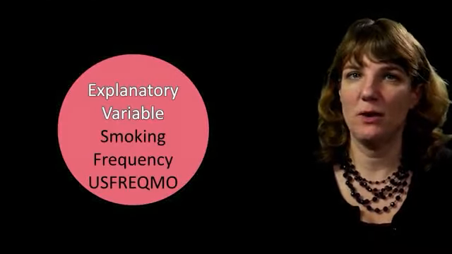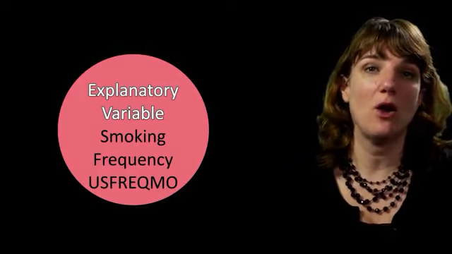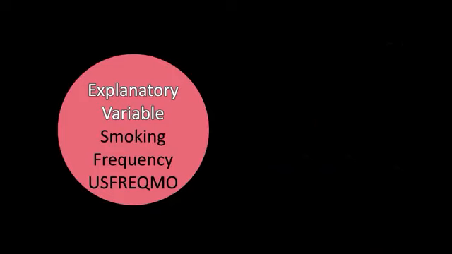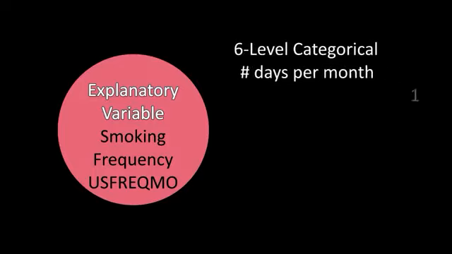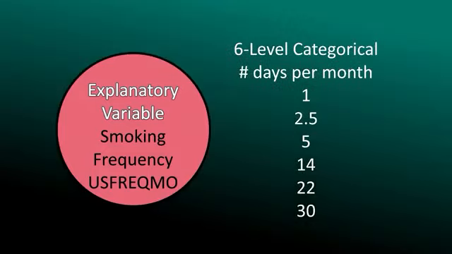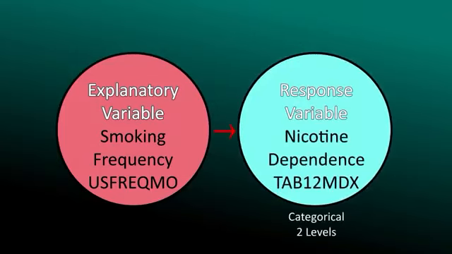For this analysis, I'm going to use a categorical explanatory variable with 6 levels, the number of days smoked per month, which you may remember I called USFREQMO, with the following categorical values: smoking approximately 1 day per month, 2.5 days per month, 5 days per month, 14 days per month, 22 days per month, and 30 days per month. My response variable is categorical with 2 levels. That is, the presence or absence of nicotine dependence in the past 12 months, called TAB12MDX in the